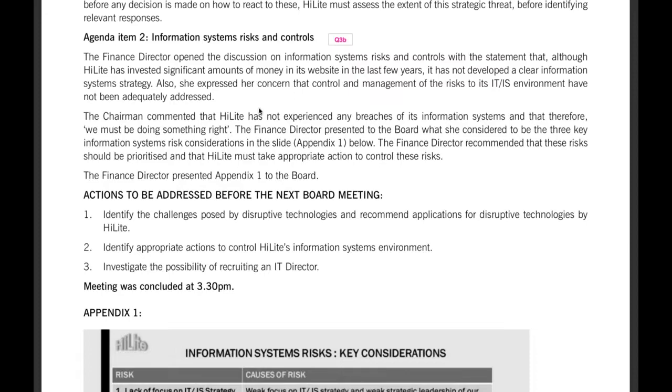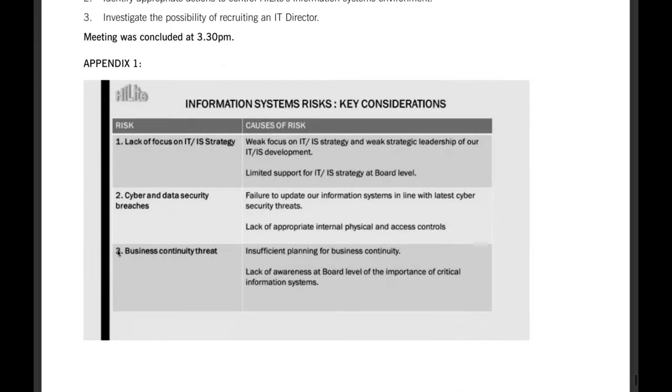What they have here is that they have categorized. This is the appendix that they put here. So they have identified the 3 types of risks which you need to put inside the last requirement. But in the last requirement, they ask you to prepare 3 presentation slides, 1 for each risk that you have identified, and